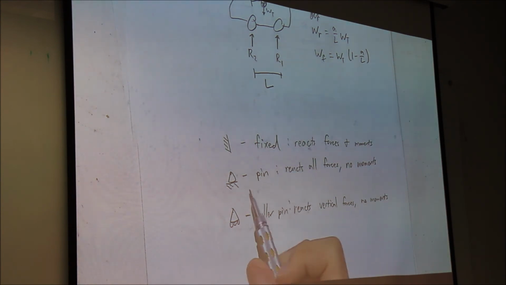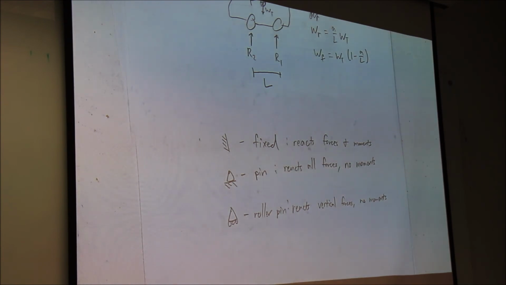So pin is pretty easy to imagine. Maybe even roller is easy to imagine. Fixed, you just weld something together. Are there any other boundary conditions you guys can think of? Yeah, when you have live loads or dead loads. Or like bolts. Bolts, yeah. How would you model a bolted joint? When I did it in industry, I just did a rigid joint. A rigid beam? Like a rigid bushing connection? I tried that, but it messed up the meshing on FEA, so I did more of a spring.